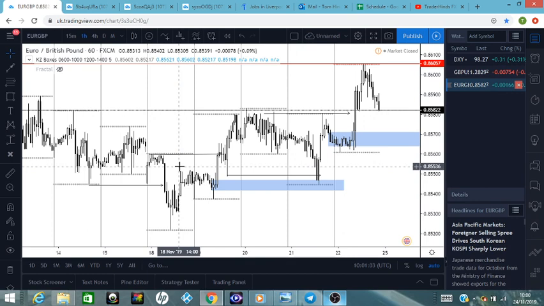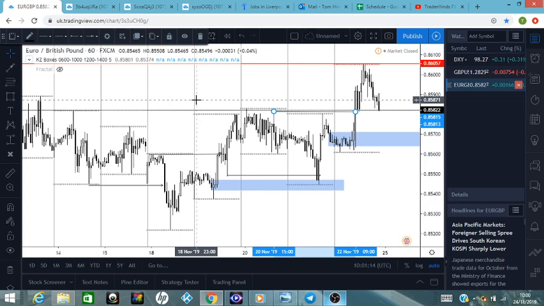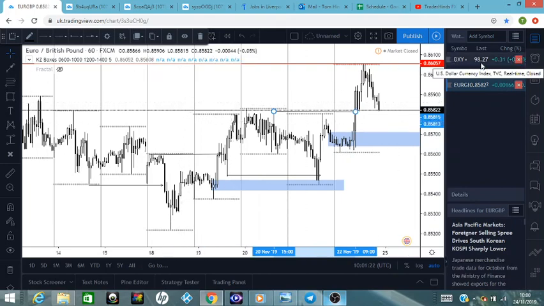Sometimes checking the Euro Pound will be very, very beneficial to people who trade the Euro USD and the GBP USD against the dollar also, because it gives an indication of which pair is actually most likely to be the strongest. So in regards to the dollar index,